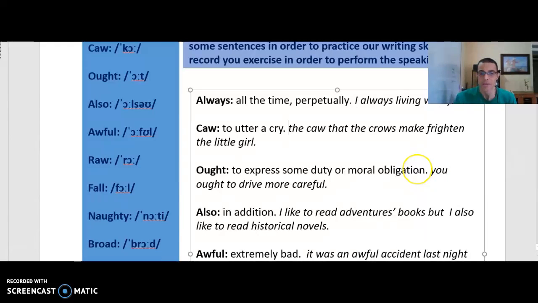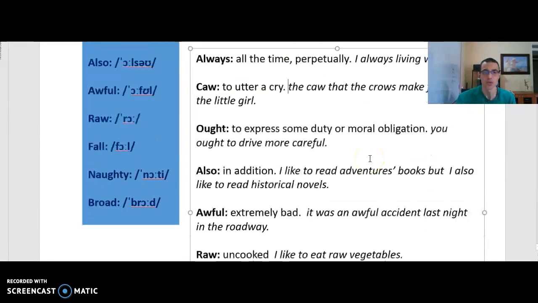The next word is ought. This word is well used, and with this word we can express some duty or moral obligation.